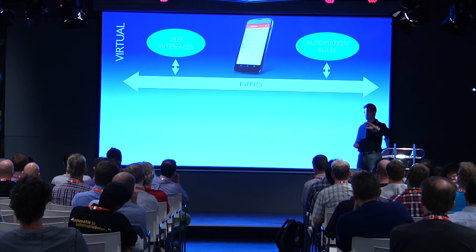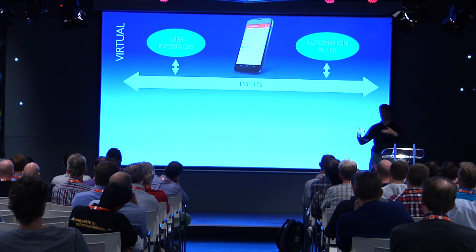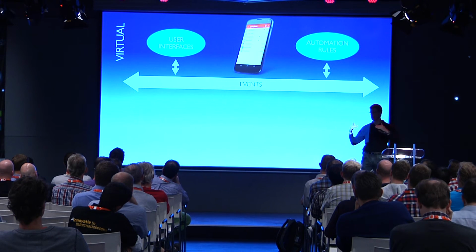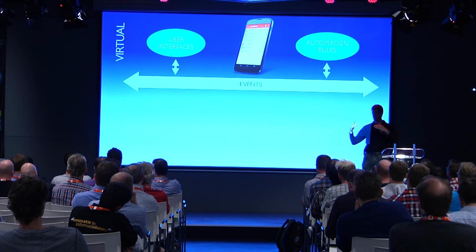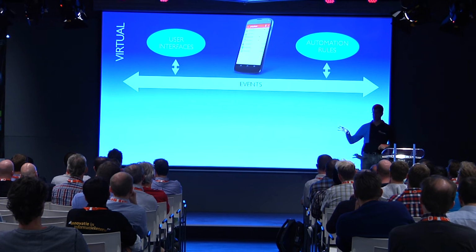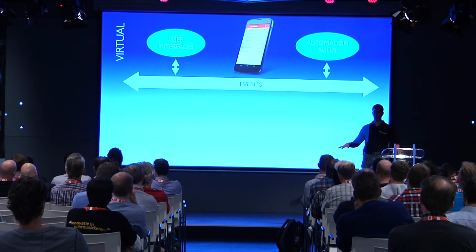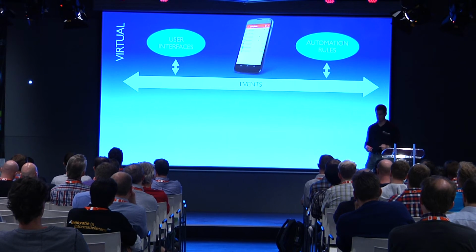Now, this separation between the logical modeled world of items and the physical world is really done through the event bus. And as I said, the items are using these events, and based on that you can define your user interfaces, you can define your automation rules, and all of that is completely independent of any physical device so far. So you can really define your UIs, your logic, without having real access to devices.